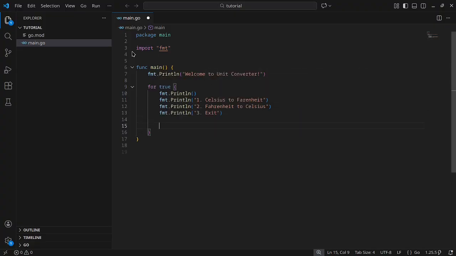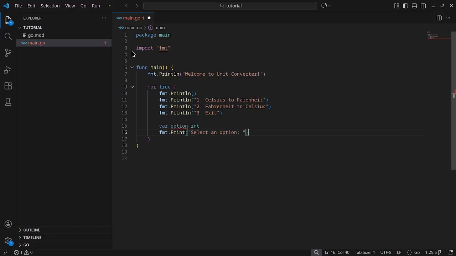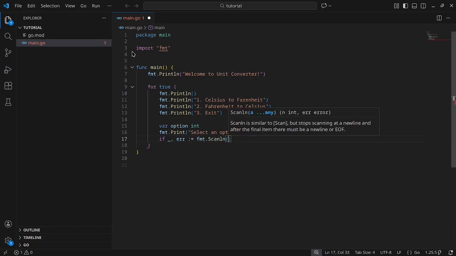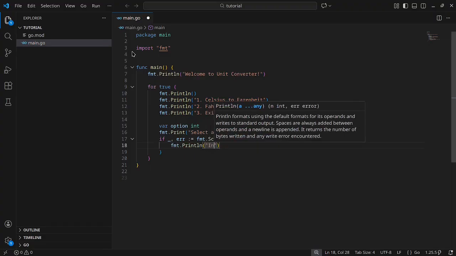So now we have to ask the user to select one of those three options. So we will store the option in this option variable of type int, then fmt.Print, just Print, "Select an option," like this. Then I'm going to say if err equals fmt.Scanln to my option, if this error does not equal nil, which means that I wasn't able to get the user input correctly, so let's print here "Invalid temperature,"